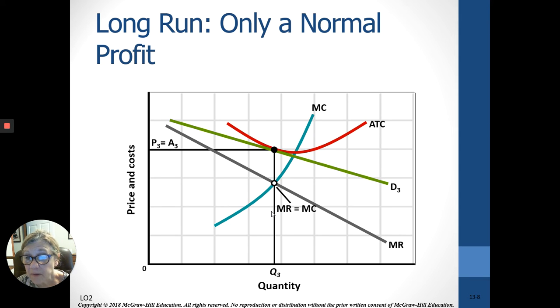If they're making economic profits, maybe they'd want to open up another, but maybe they don't want to work that hard. Maybe they're very happy with where they are, and they don't want to add another business. But that would be a long run decision if they did decide to do that.